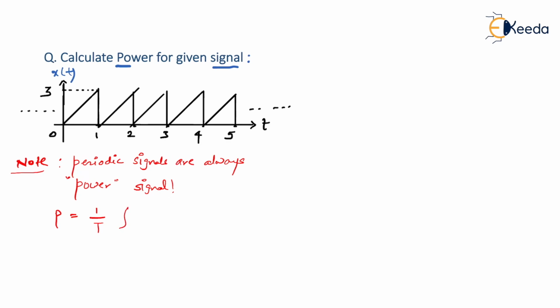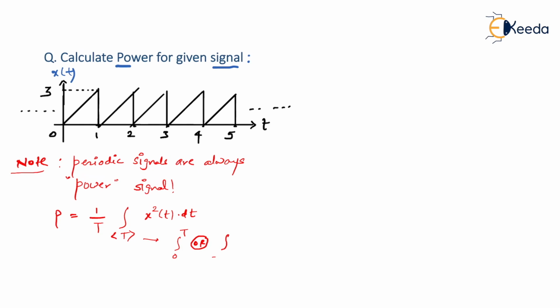1 by T, integrate over a time period, x square of t dt. Now, what is meant by integrating over a period? See, this integration can be from 0 to T. Is that right? So this is one possible integration. 0 to T means you are integrating over a period. Or